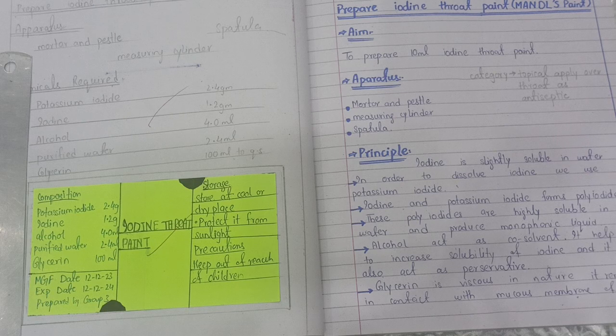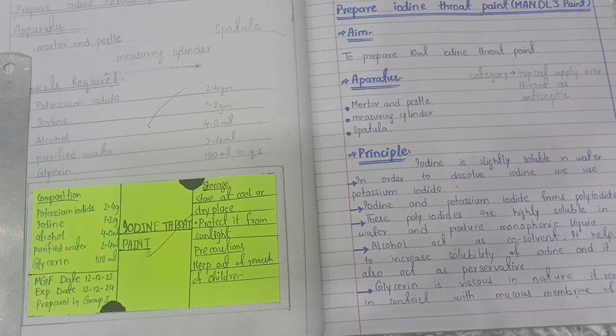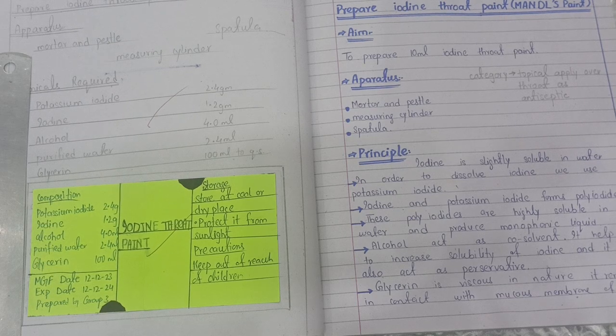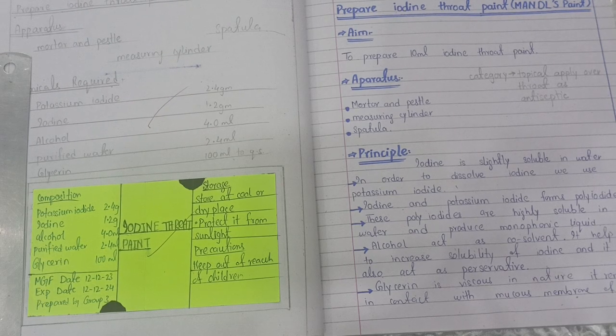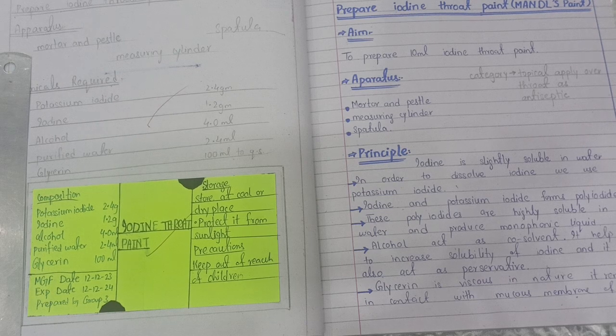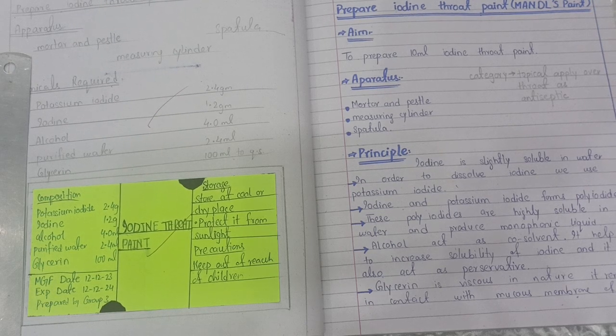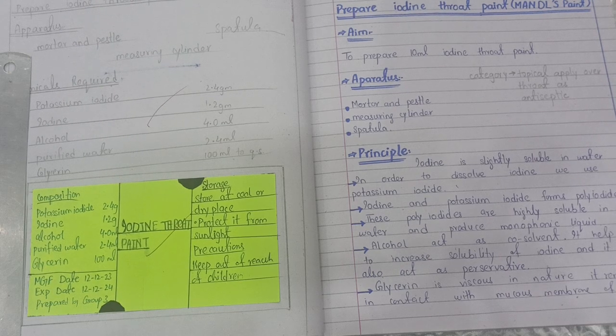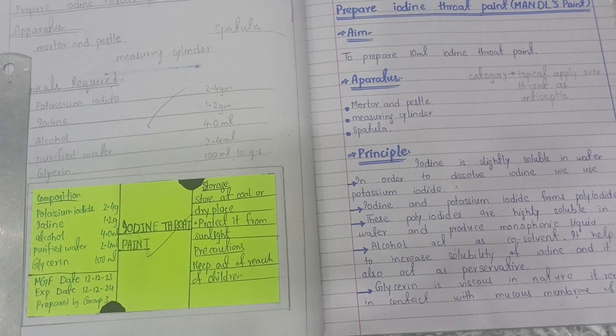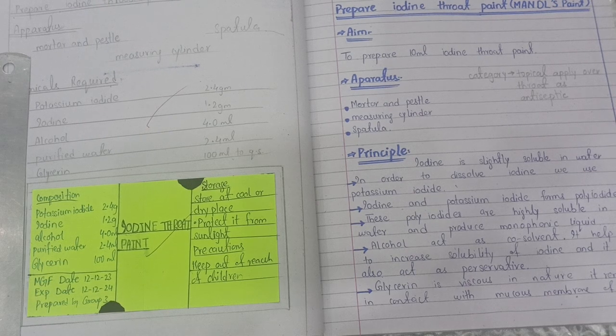Then we will discuss why we add alcohol in it. Every time we add alcohol, it acts as a preservative and a co-solvent, and it increases the solubility. This was the purpose of alcohol. And glycerine is a viscous substance, so it acts as a soothing agent. Whenever, like in terpene hydrate elixir, we use glycerine, here it is used as a soothing agent. It provides a soothing effect in our throat so that we can